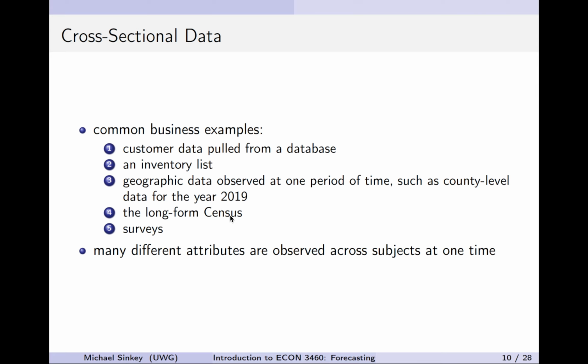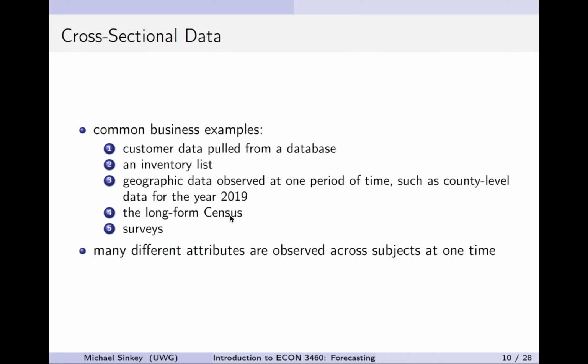So you may ask people a number of invasive questions about income level, race, demographic information, family structure, gender, sexual orientation, things of this nature. You collect it all along with the questions that you may be actually interested in from the survey. So how likely are you to buy this product, use this service, etc. That's cross-section.